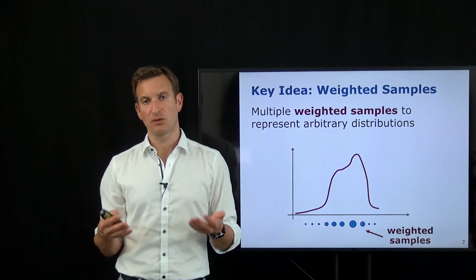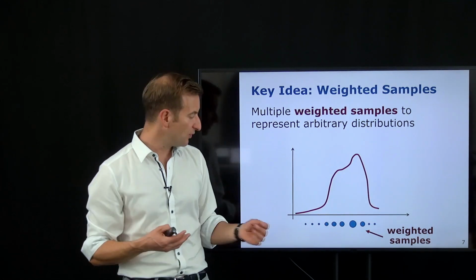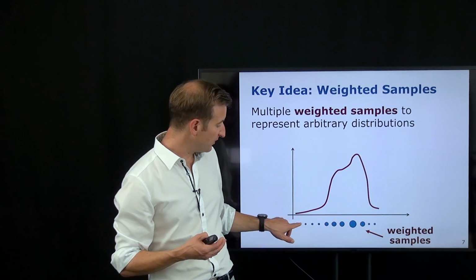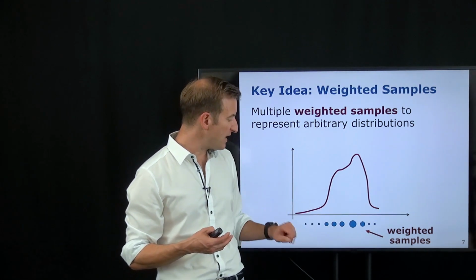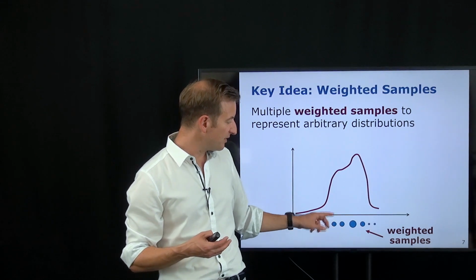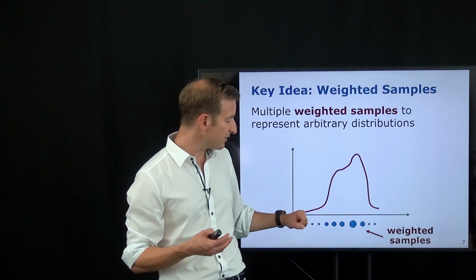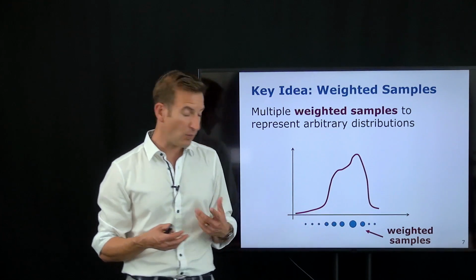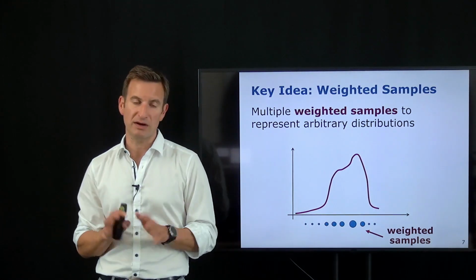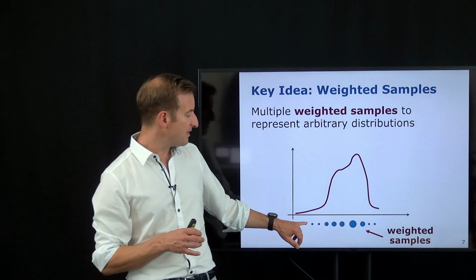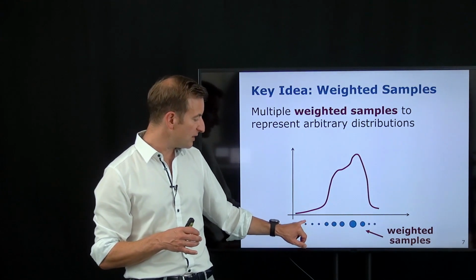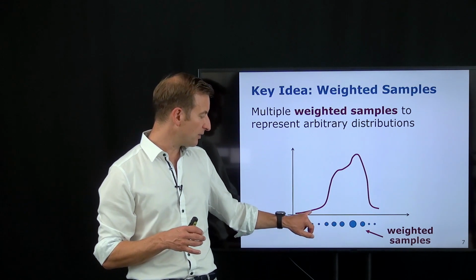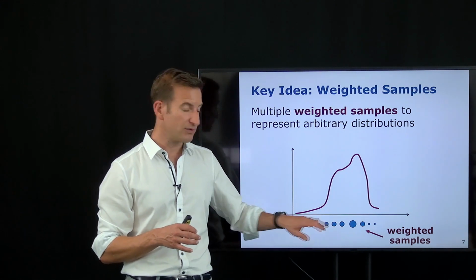Of course, this is only an approximation. You can see, if you see these as small Dirac functions sitting over those weighted samples, where the size of the Dirac function is given by the weight of that sample, or the integral over the Dirac function, to be precise, then this is not a very good approximation of this function, because it will be 0 in this region, high values over here, then 0, high values, 0, high values, and so on.